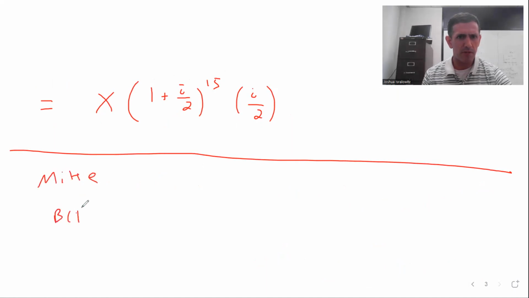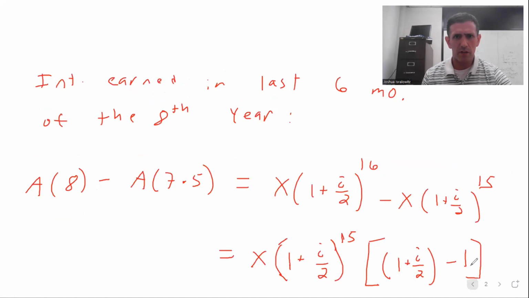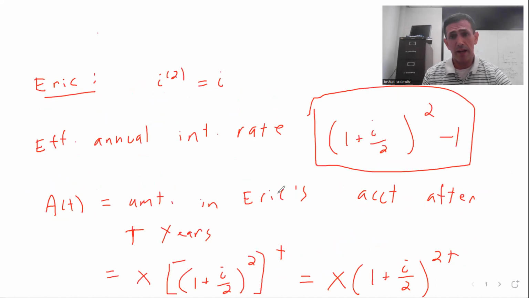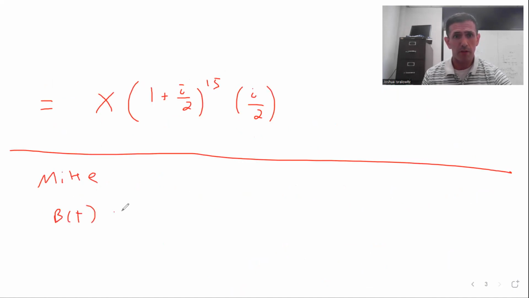Let's say B of t is the amount in, not Eric, but Mike's account after t years. So this is simple interest. How much does Mike deposit into the account? He deposits 2x into the savings account at t equals 0. So just using simple interest with simple interest rate i, it's 1 plus